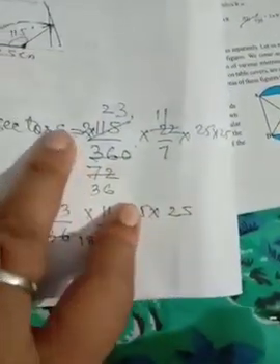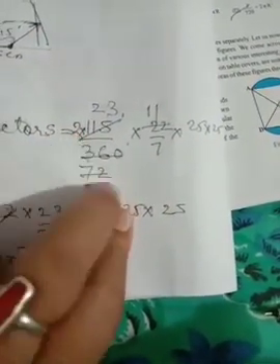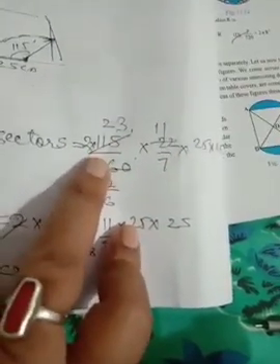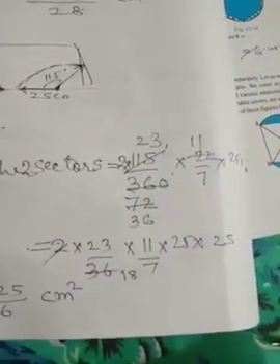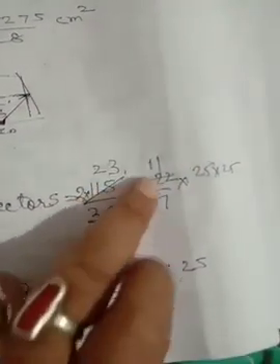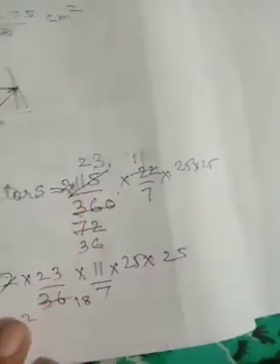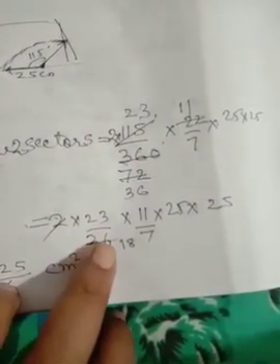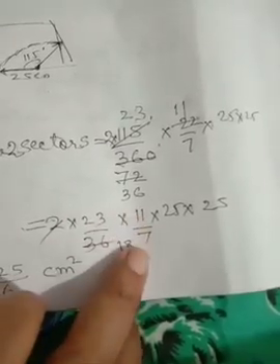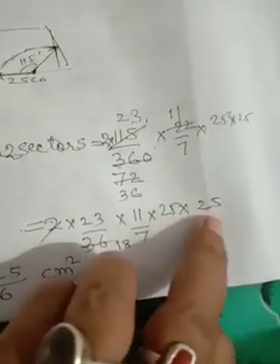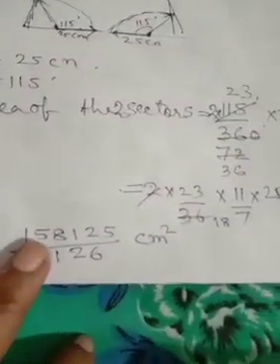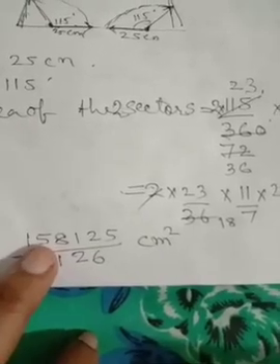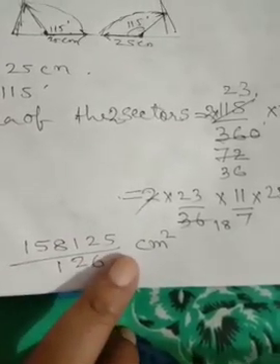Okay students, so multiply the area of a sector by 2 because we are now finding the area of two sectors. So multiply the area of one sector by 2. So we get 2 into 23 by 36 into 11 by 7 into 25 into 25. After simplifying this, we get 1,58,125 by